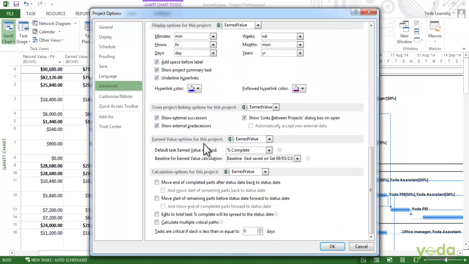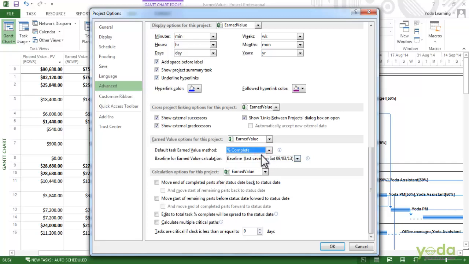So the earned value options for this project are right here. One thing you can do is choose the baseline. In this case, we just have the one, so that's the one we have selected. The other option is what you want to use to calculate the earned value. It's set to percentage complete here,